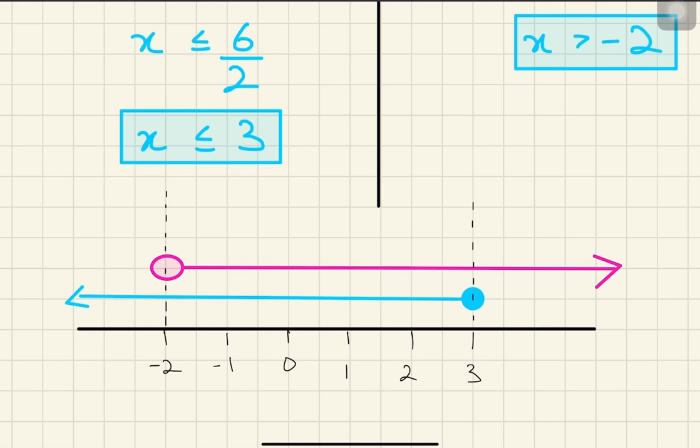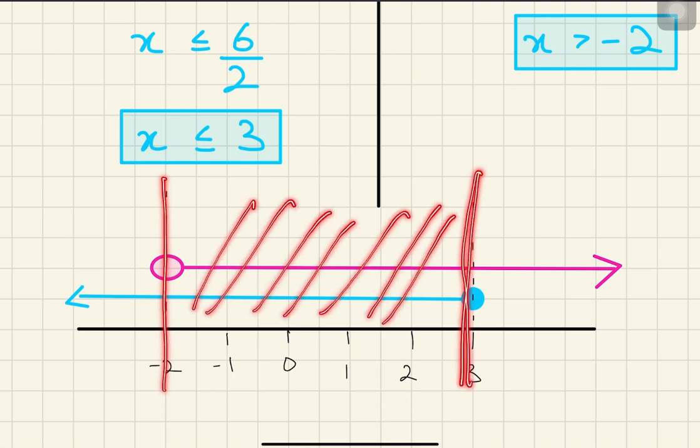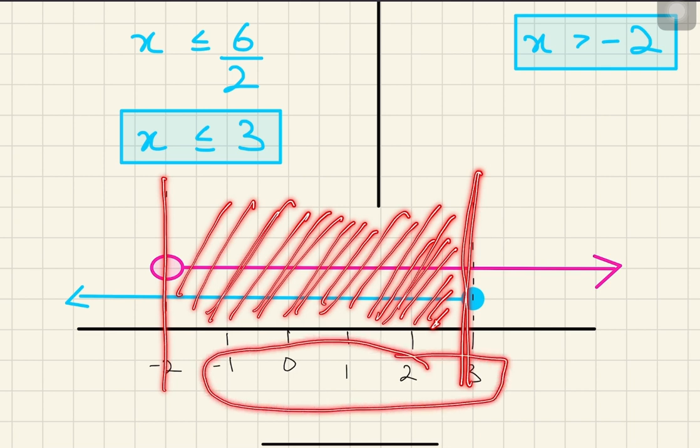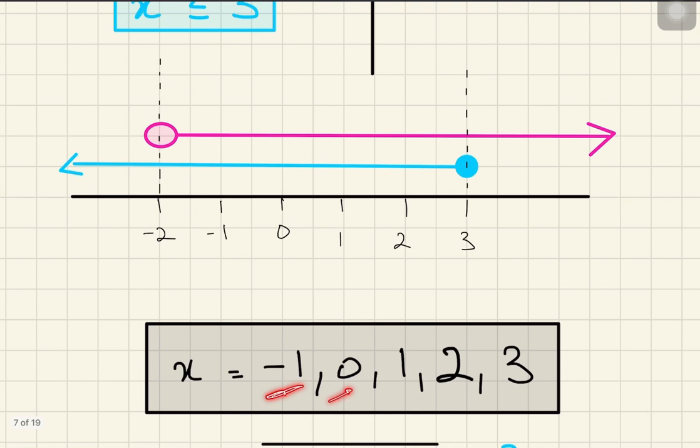I need to sort it like this, that these two inequalities are both satisfied in this particular area. So the numbers which are coming between them will be my solution, or will be the values for x. Now the values of x will be all of this, including the 3. Why am I not including minus 2? Because there was a hollow circle over here and there was no equal to sign. So my values of x will be minus 1, 0, 1 and 2, and it also includes 3 because you have a shaded circle over here.